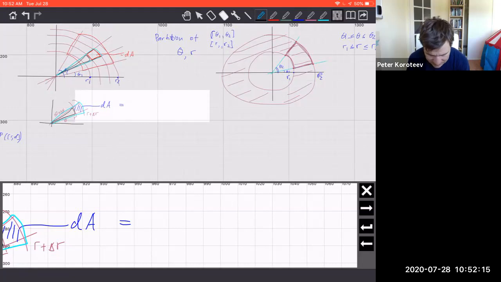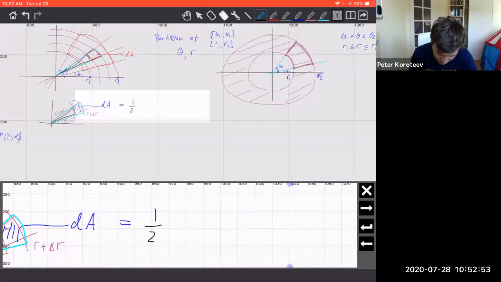So if you have a pizza slice of angle delta theta and the radius of the pizza is r, what's the area of that sector? Why one? It should depend on theta, right? So yes, r squared theta. Is it r squared theta or with 1/2? Yeah, with 1/2, right? So that's better.